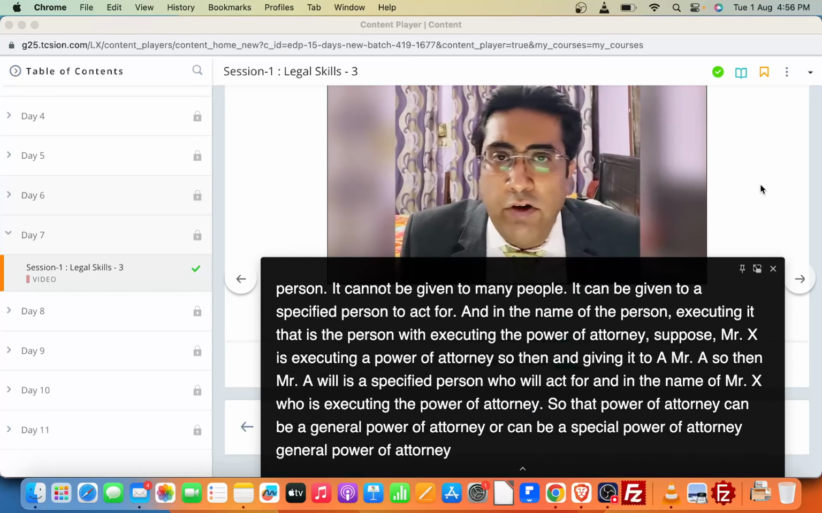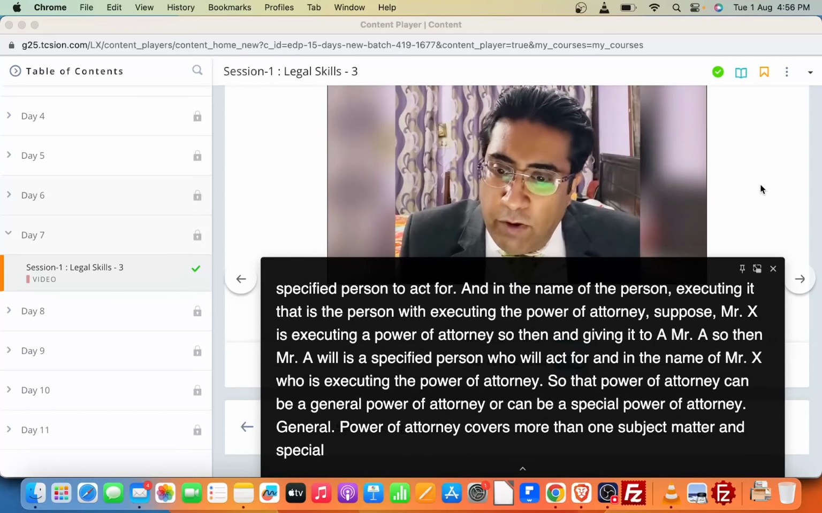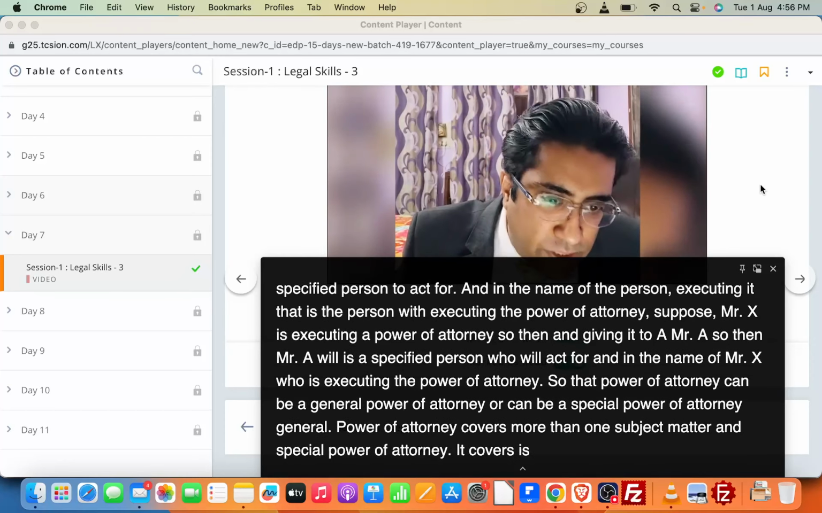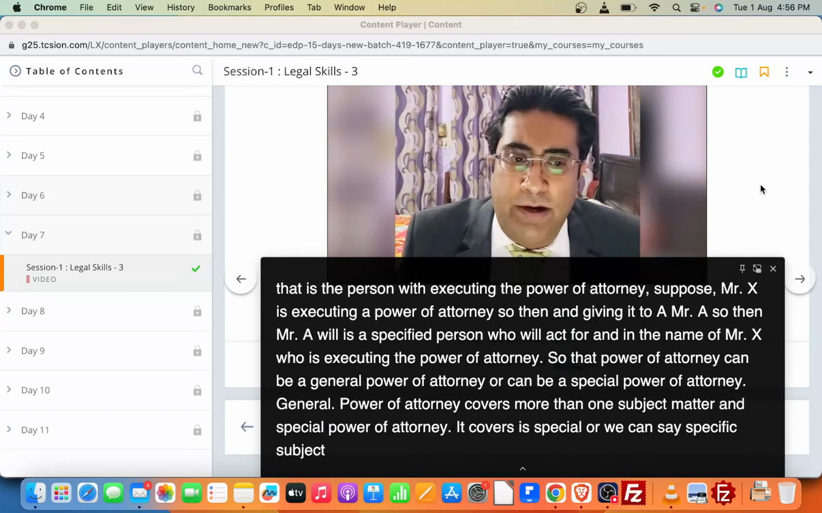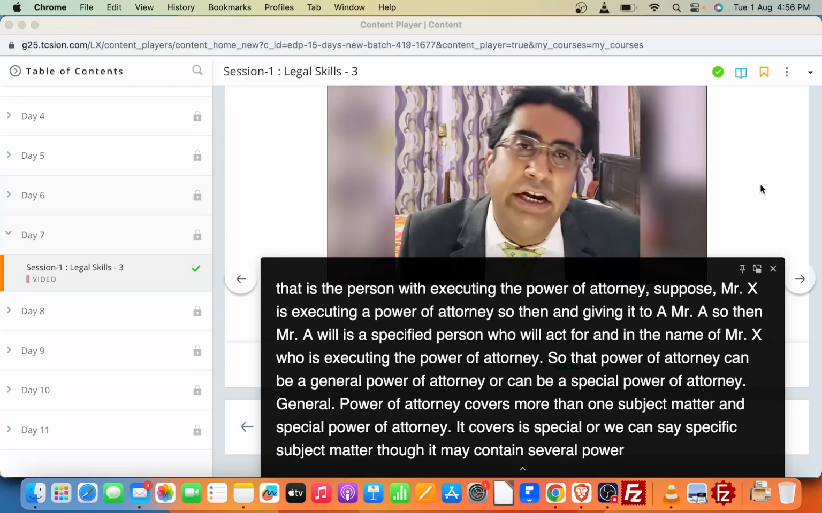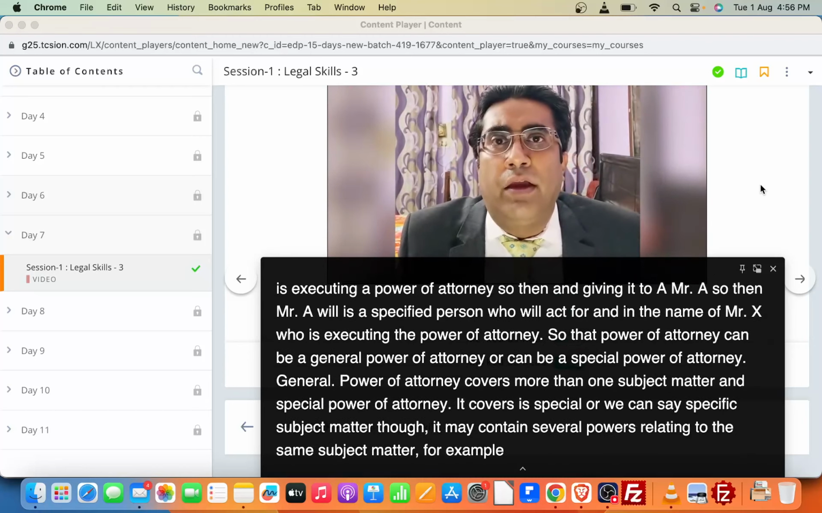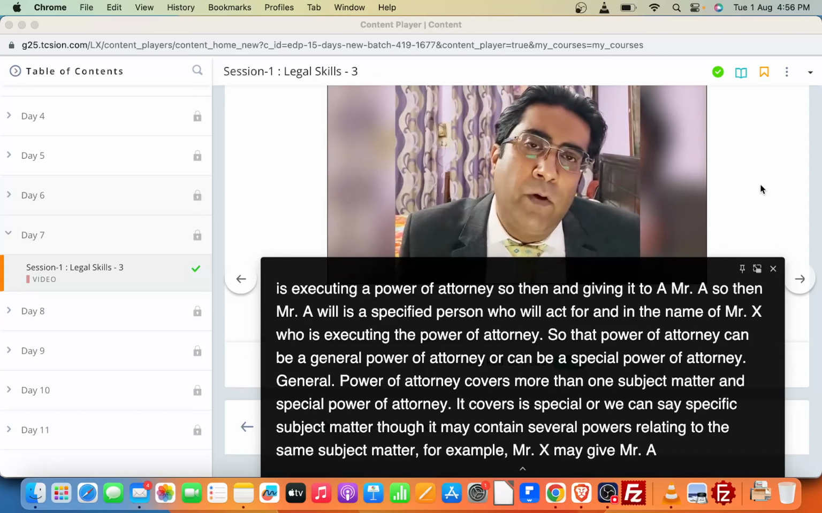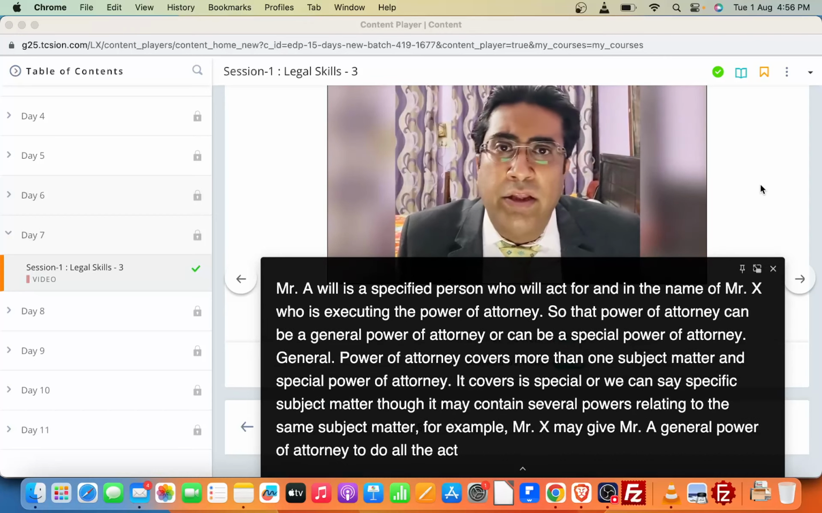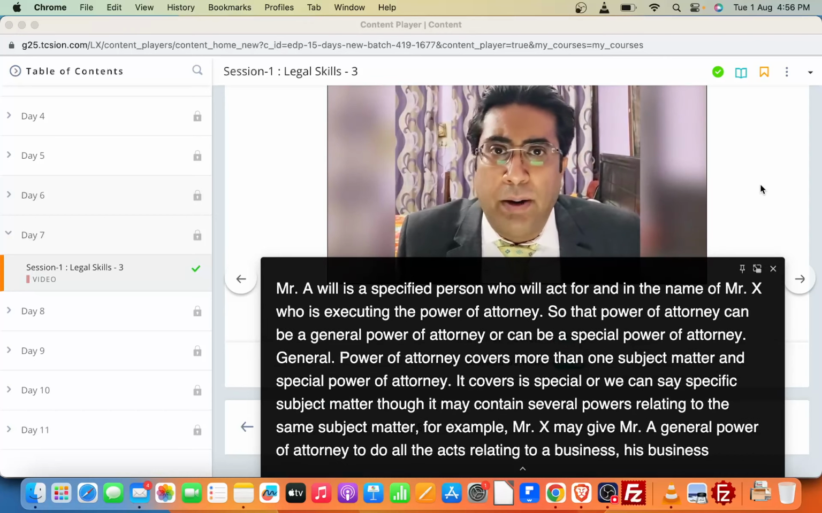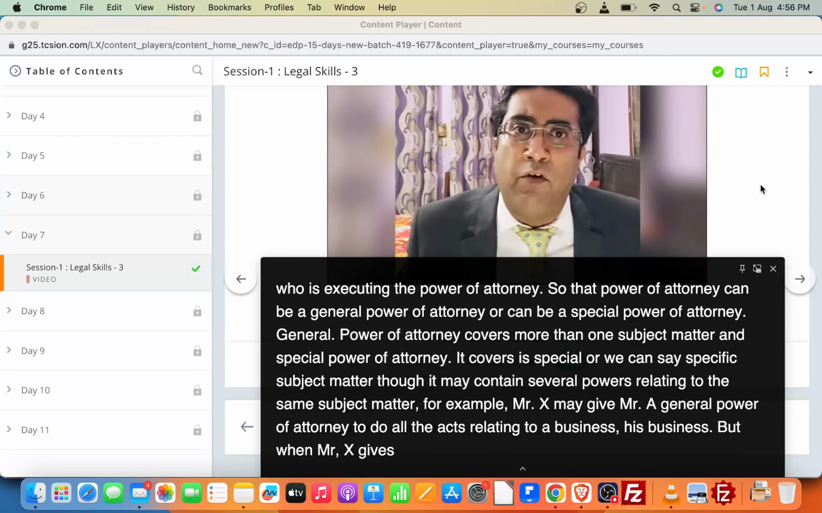General power of attorney covers more than one subject matter, and special power of attorney covers a special, or we can say specific, subject matter, though it may contain several powers relating to the same subject matter. For example, Mr. X may give Mr. A a general power of attorney to do all the acts relating to his business. But when Mr. X gives power of attorney to Mr. A